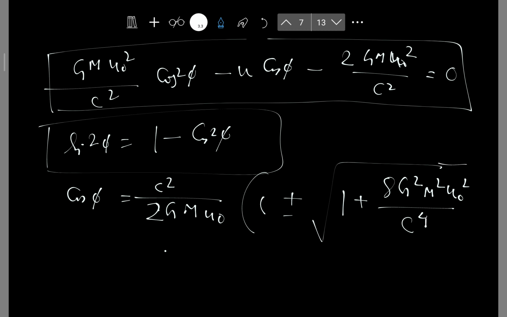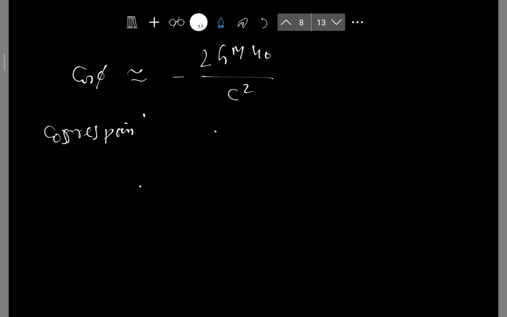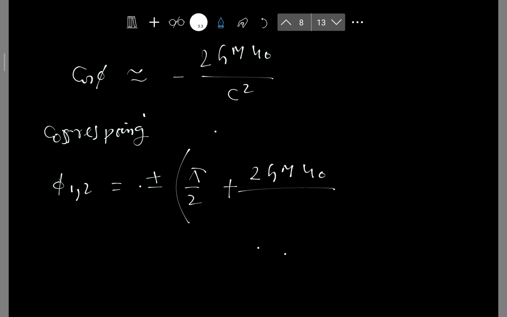Clearly the negative sign is the meaningful choice, so we can find cos phi approximately minus 2 GM u0 divided by c squared, and corresponding to phi 1, 2 equal to plus or minus pi by 2 plus 2 GM u0 divided by